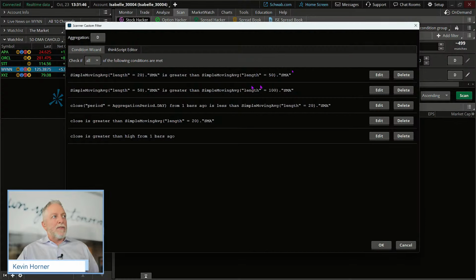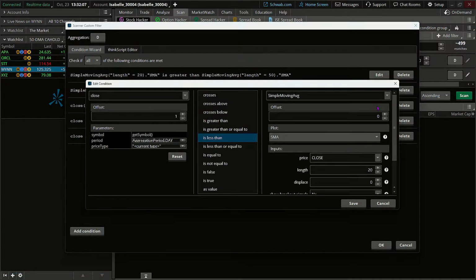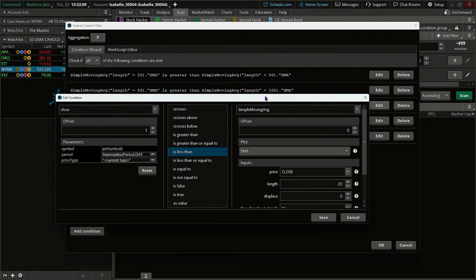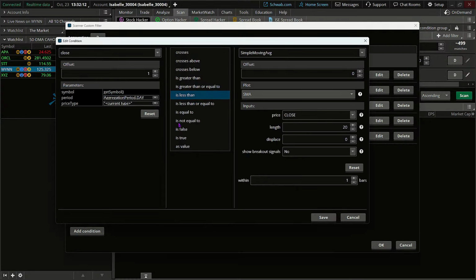A 20-day moving average above a 50 above a 100, the close today greater than the high from yesterday. All of that makes pretty good sense, right? Today's close greater than the 20 simple moving average. Cool, all good. But look at this one here. I'm going to edit this closing period from 1 bar ago. And so here we want to see again, close is less than the 20-day simple moving average.